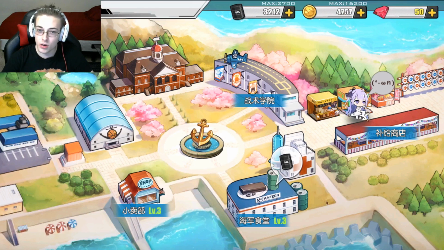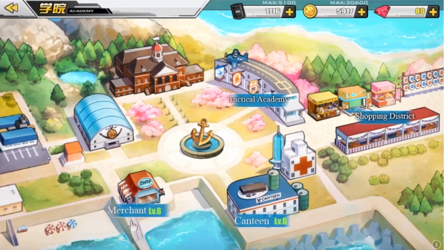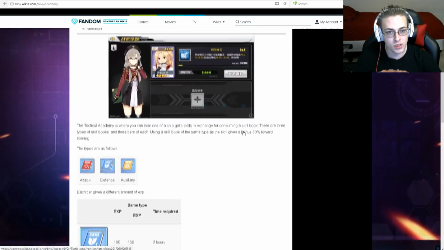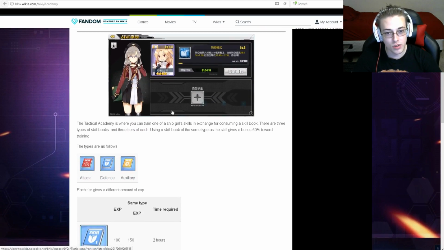And right here, it's already in Chinese, but we have Azur Lane Wiki number 1 to tell us exactly what each building does. So if we go clockwise over here, we have the Tactical Academy, the Shopping District, the Canteen, the Merchant. If you scroll down, it will tell us what each building does. For example, the Tactical Academy is where you can increase the skill level of skills by using skill